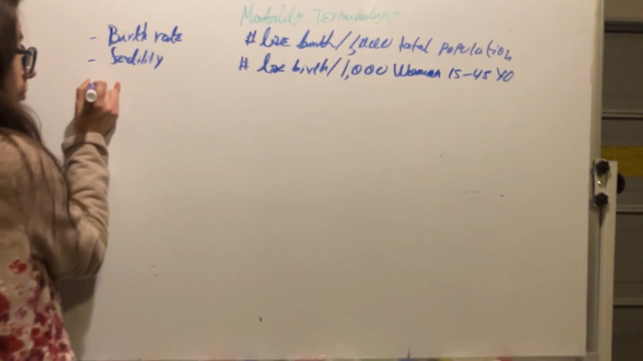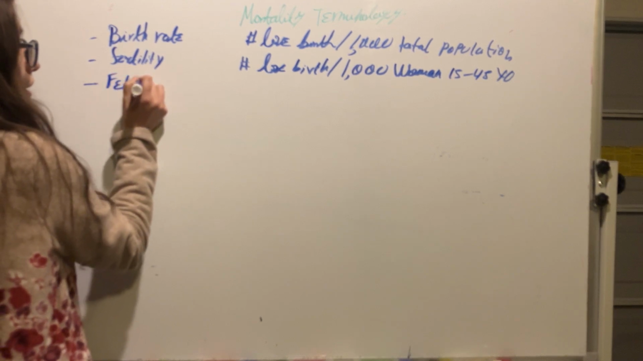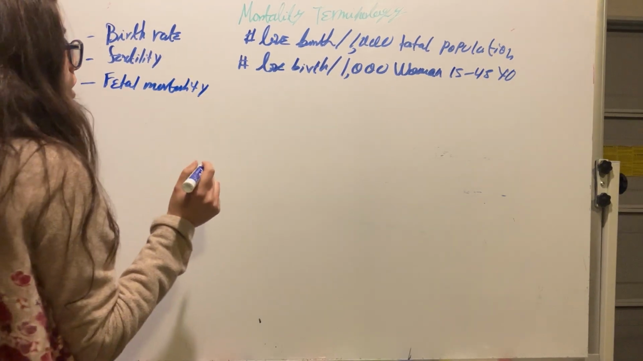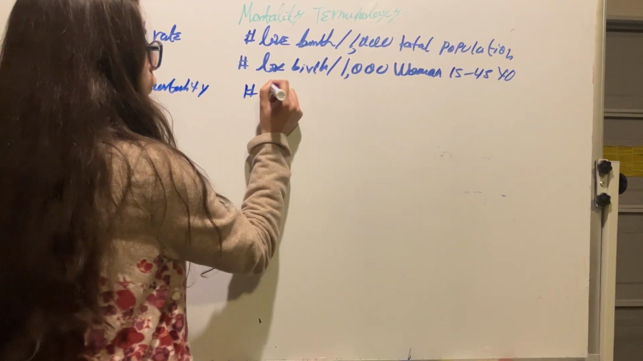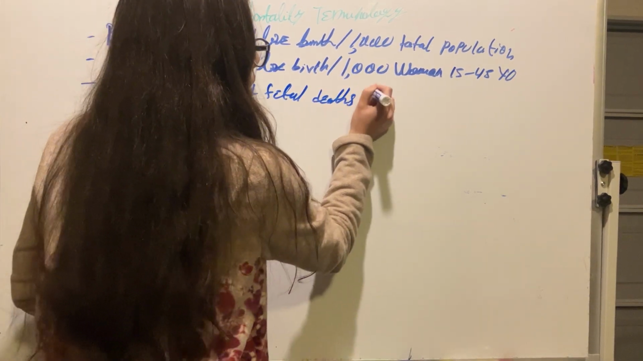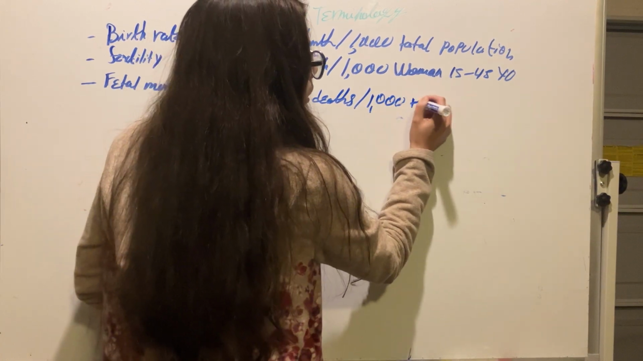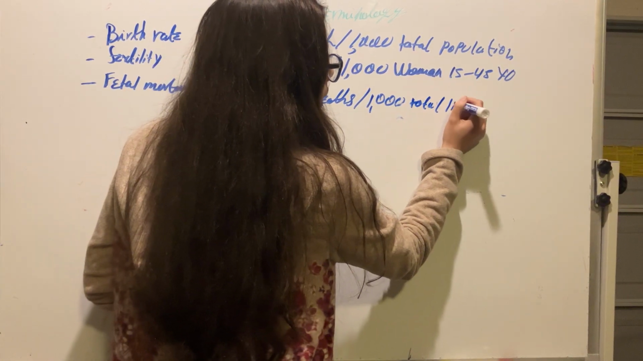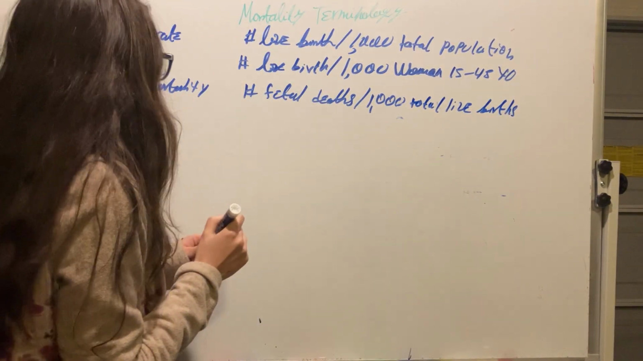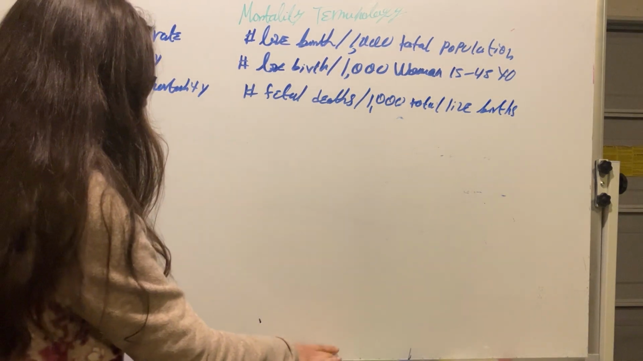We have fetal mortality rate, which is the number of fetal deaths divided per 1,000 total live births. So first, what is fetal death? Fetal death